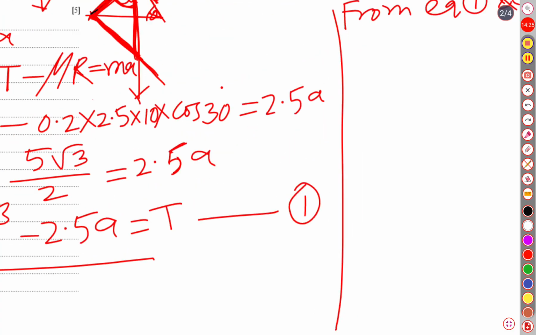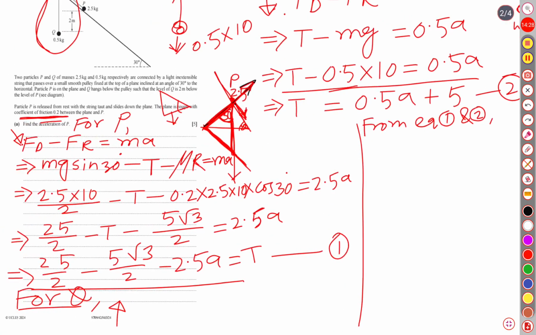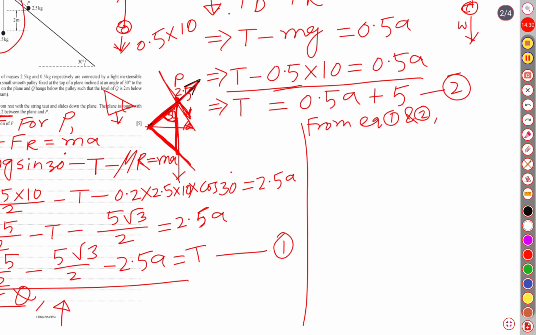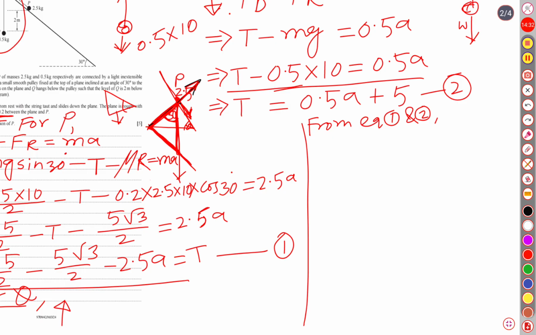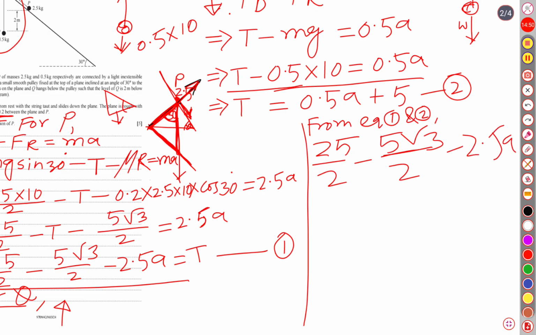Equation 1 is what? 25 over 2 minus 5 root 3 over 2 minus 2.5a is equal to